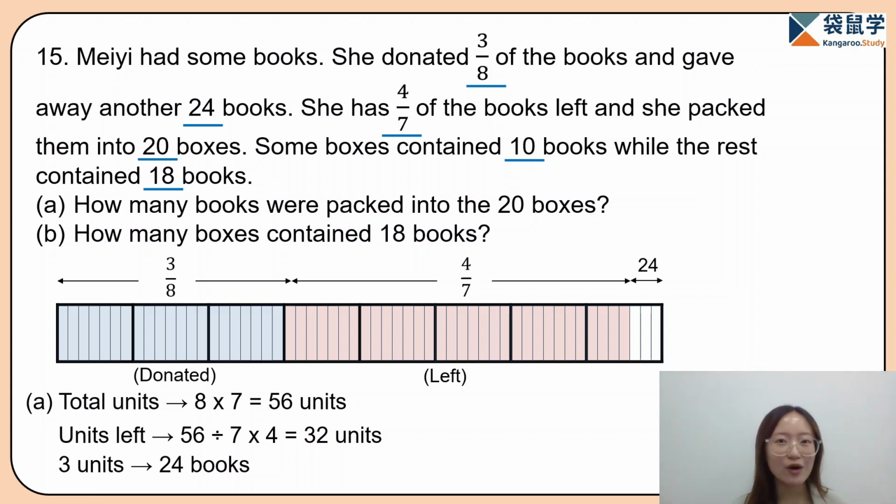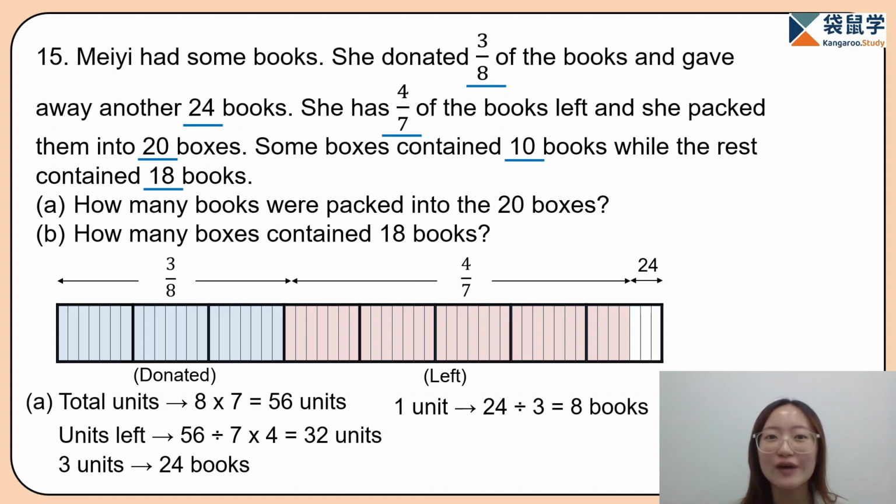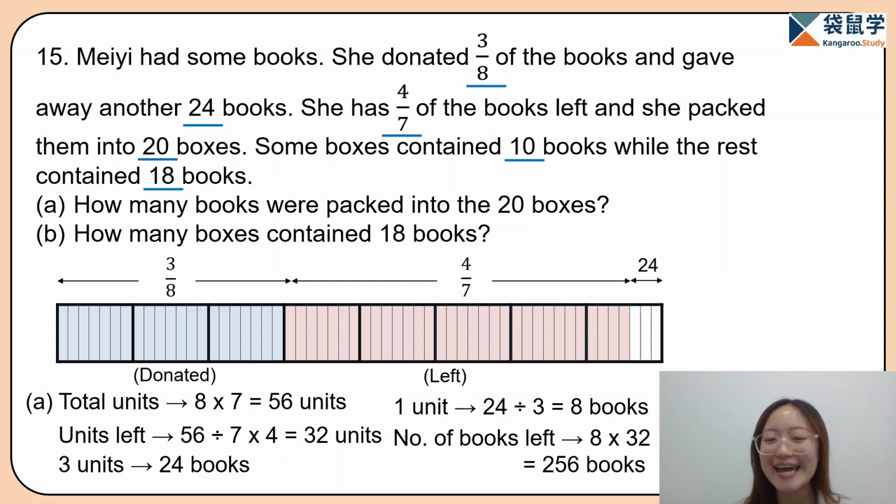Now, are we able to find what is 1 unit? It will be 24 divided by 3, and that gives us 8 books. Remember, Part A asks for the 4/7 of the total. How many units is this? 32 units. So, in order to find 32 units, we can take 8 times 32, and that will give us our answer for Part A,